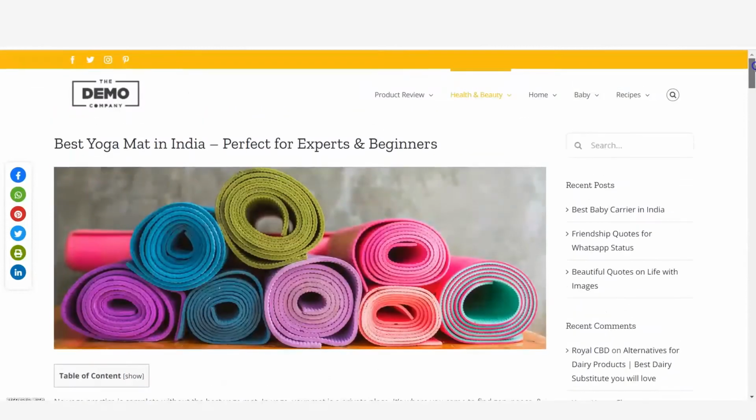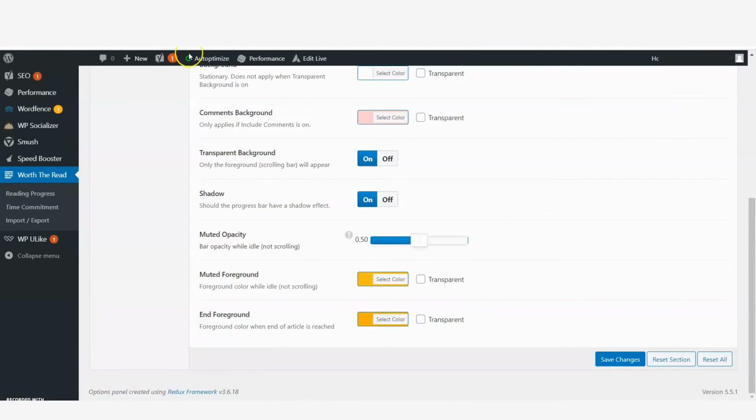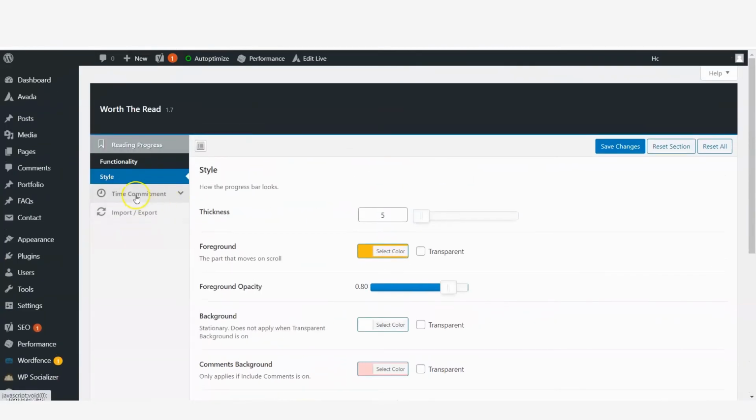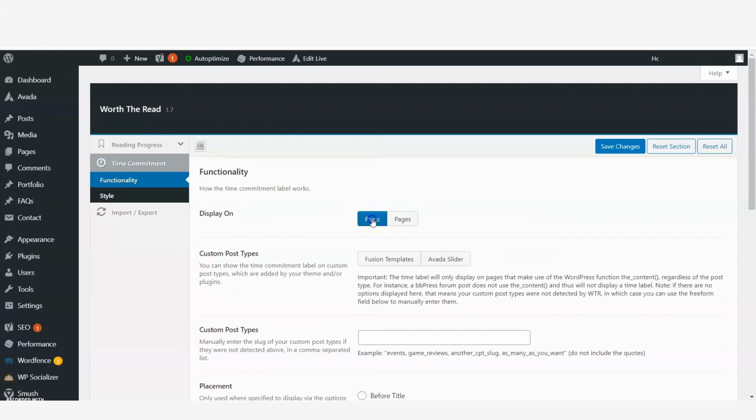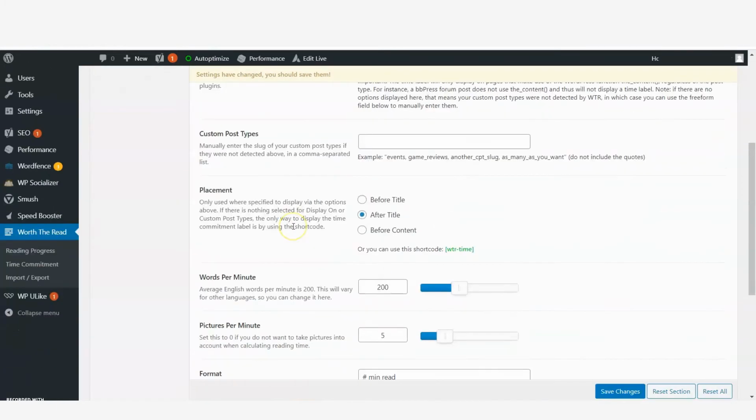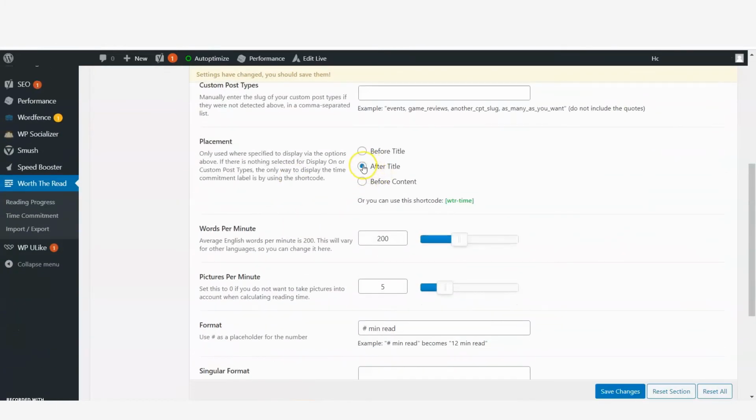Now we will display time over here so that it indicates how many minutes this article is for. So let's go to time commitment and click on functionalities and display on post. And here it asks whether you want before the title, after the title, or before the content, but I will select after the title.